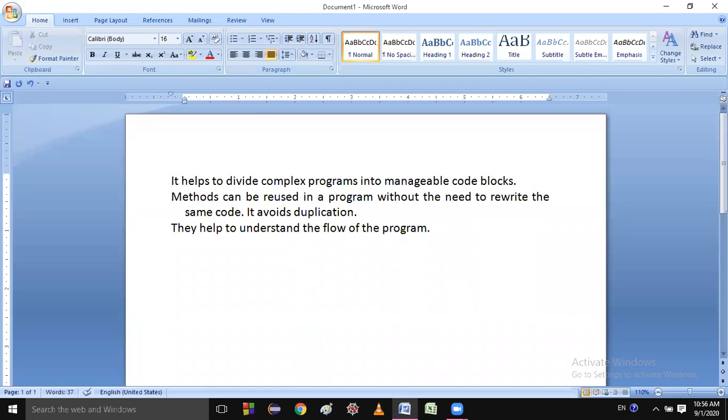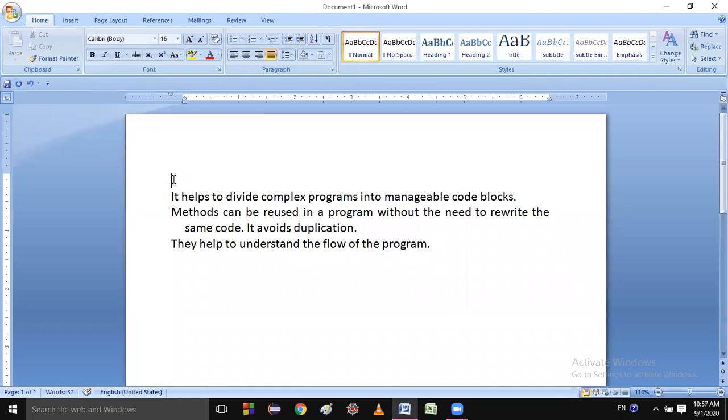Okay, students. So I think this is enough for the benefits of methods and why we should make the method. Next one, you can write the heading: advantages of methods. Next one is, how many types of methods?